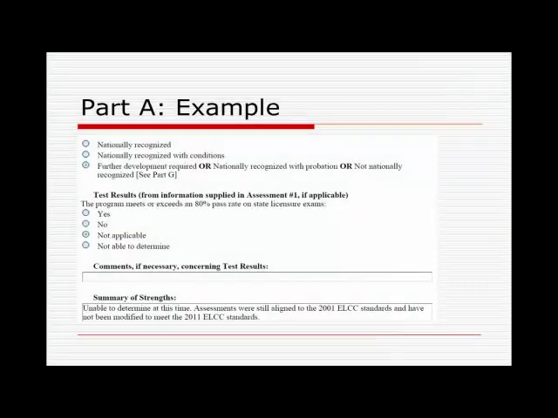So here's an example of a Part A. You'll notice the team decision is up above. In this case, I said further development required. You make a comment about the test results on whether yes, no, or not applicable. We want you to write comments, if necessary, regarding the test results, okay? And then here is a sample of what was written for one report, and you will notice it says, unable